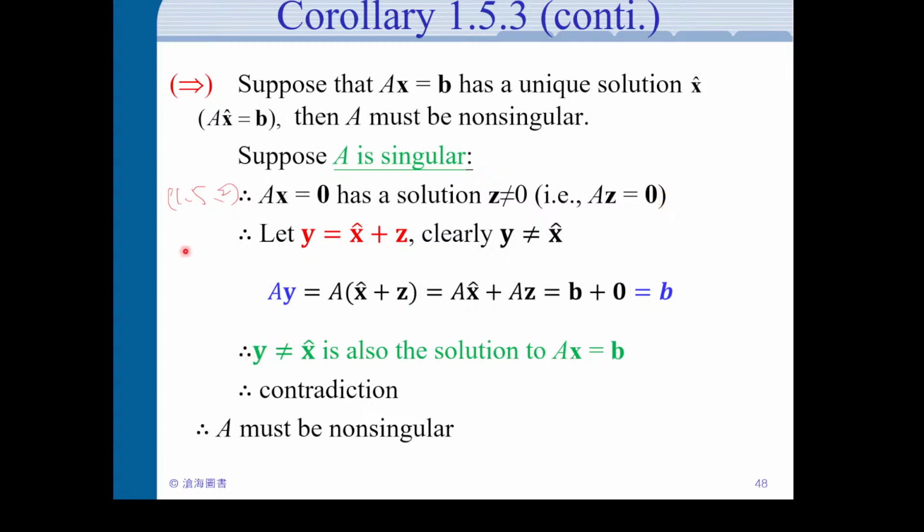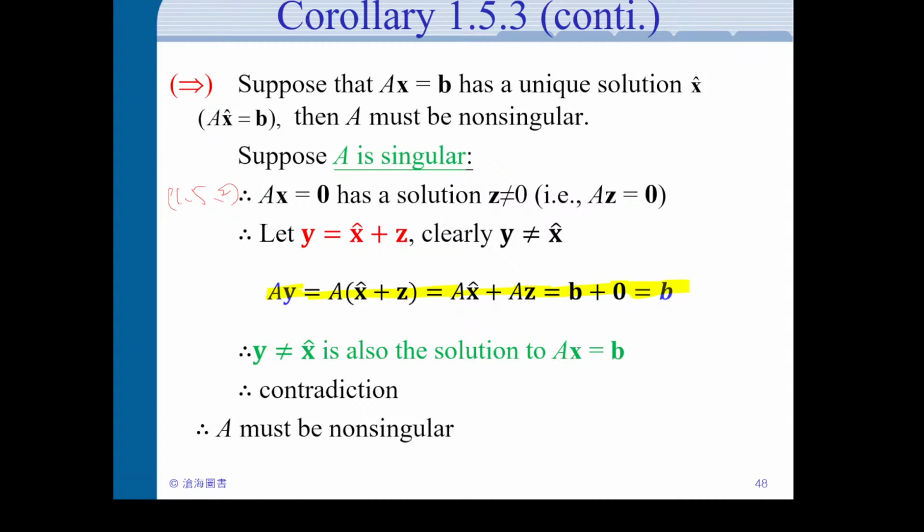And now let's let y equal x hat plus z, where x hat is this unique solution here. Okay, so suppose we have a unique solution x hat here. And because z is not 0, then x hat plus z is a different vector from x hat. So y is not equal to x hat. Then Ay equals, so the interesting part is this line, and this line we will use similar logic a lot later on,